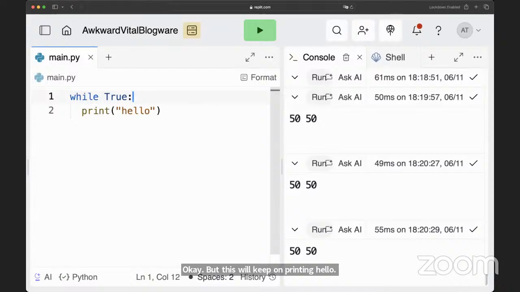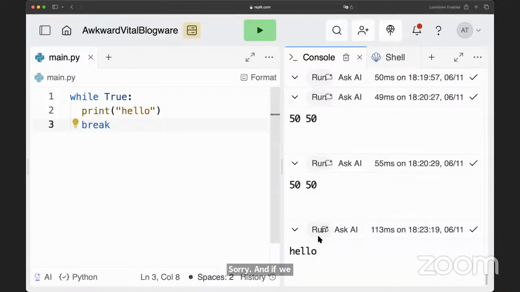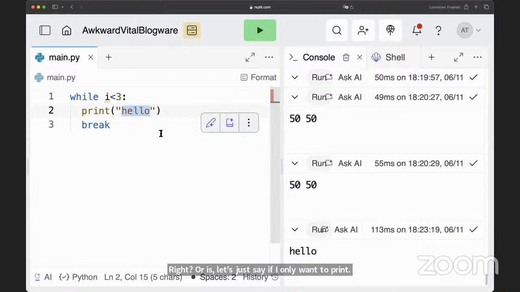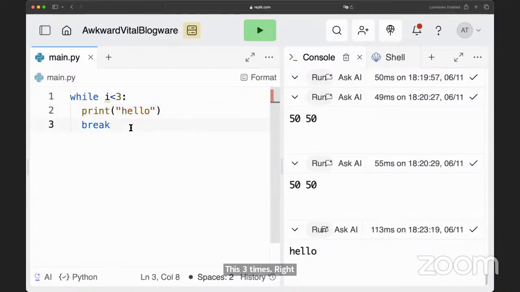So what can we do? If we want to print it only once, there is a keyword called break. And if we do this, it will just print hello once, and then you should be able to see the output. So that's one way to do it, right? Or else, let's just say if I only want to print hello 3 times,